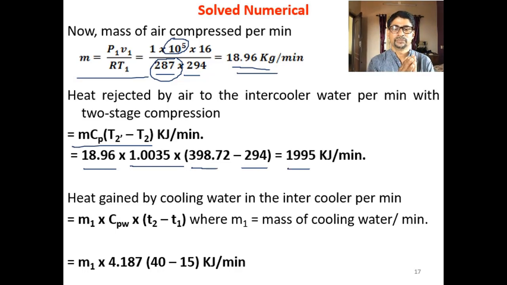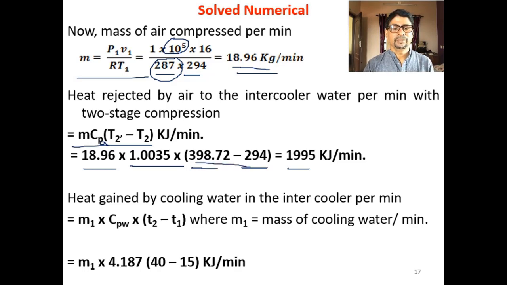So try to understand here. The intercooler is used to remove the heat of air. When the air after the first stage passes through this intercooler, which is surrounded by a jacket wherein cooling water is flowing, this cooling water absorbs heat of air. So it is cooled from T2 dash to T2. Heat lost by air is nothing but m Cp delta T. Here Cp is for air; you can also write m Cp A, or Ma, no problem. The formula is written with your understanding of the subject. So m Cp delta T is T2 dash minus T2 here.